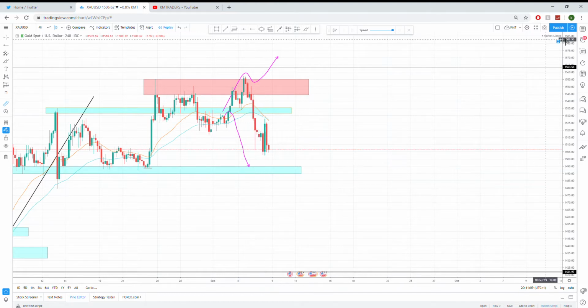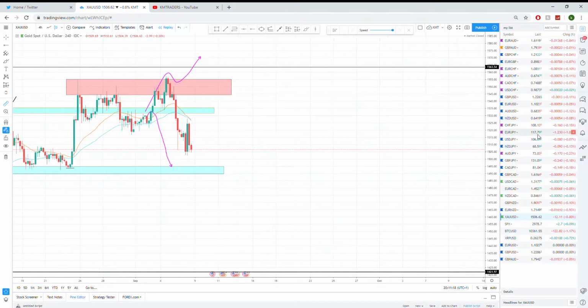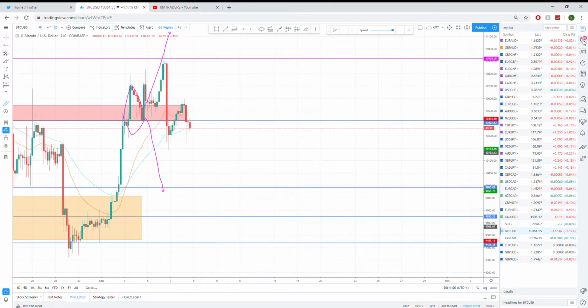Just under 500 with gold. But the key reversal points are here, and that is drawn in red. So good opportunity there. And moving on to Bitcoin,